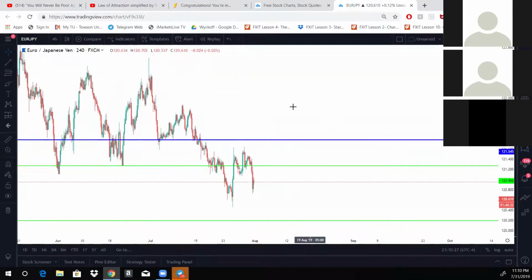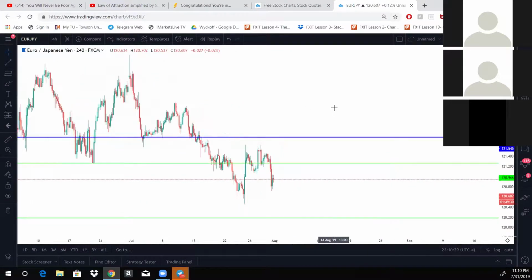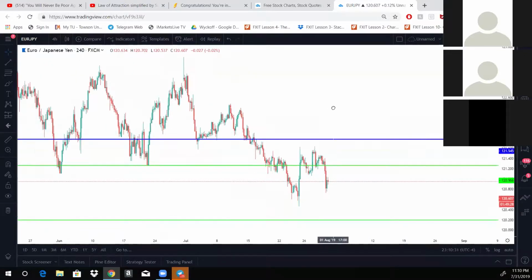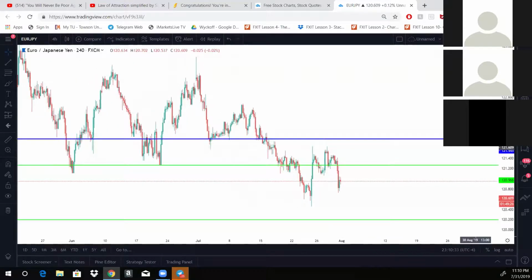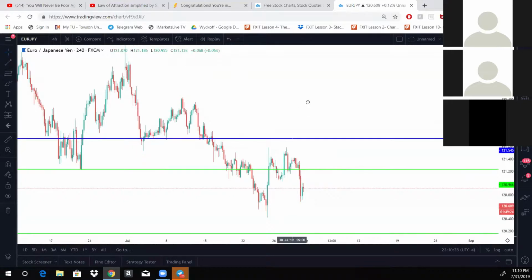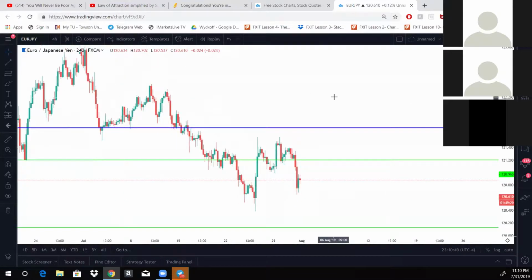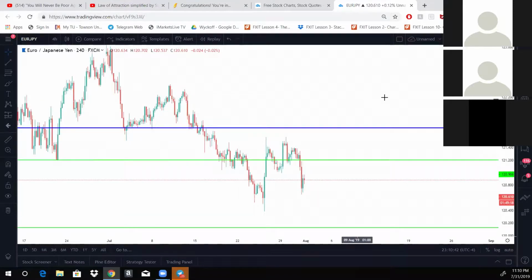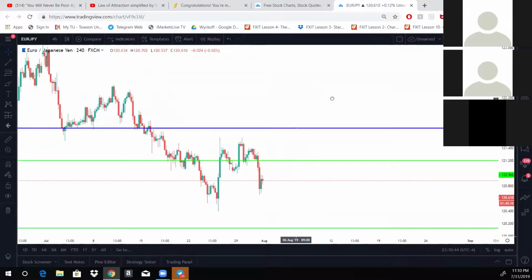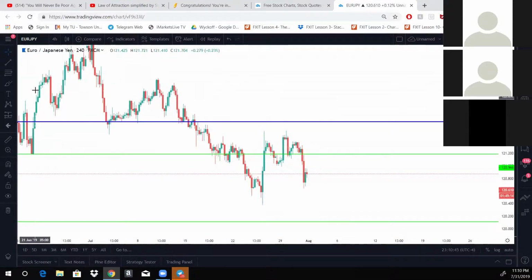So I did receive some feedback that we should try to go over Fibonacci more, and also certain candlestick patterns, reversals, like a bearish and bullish. So if you guys are okay with that, we can get started with that. Or if you guys want to,